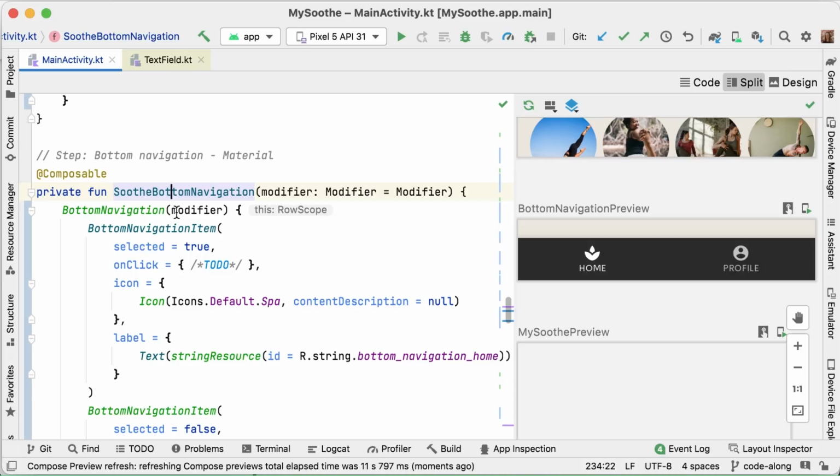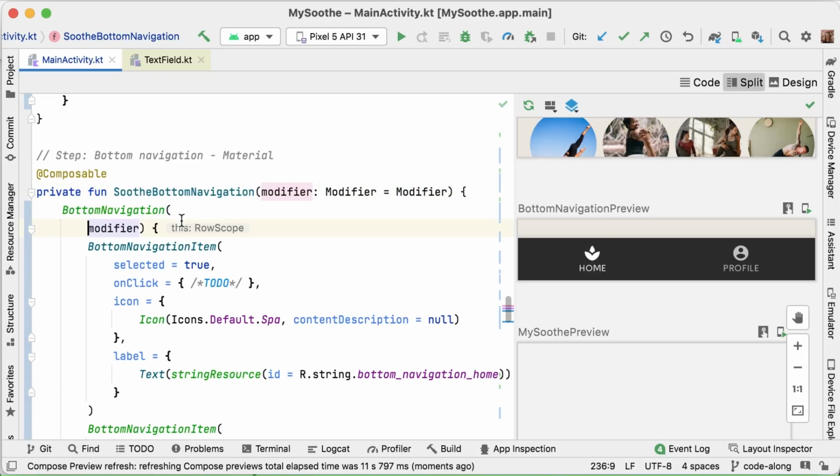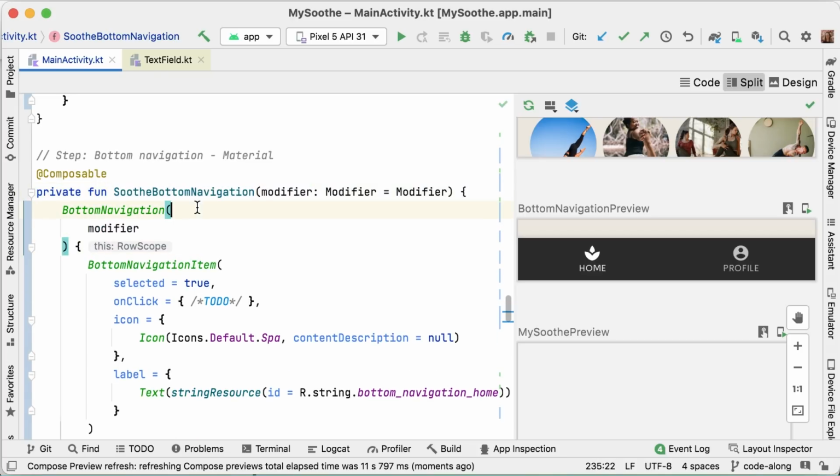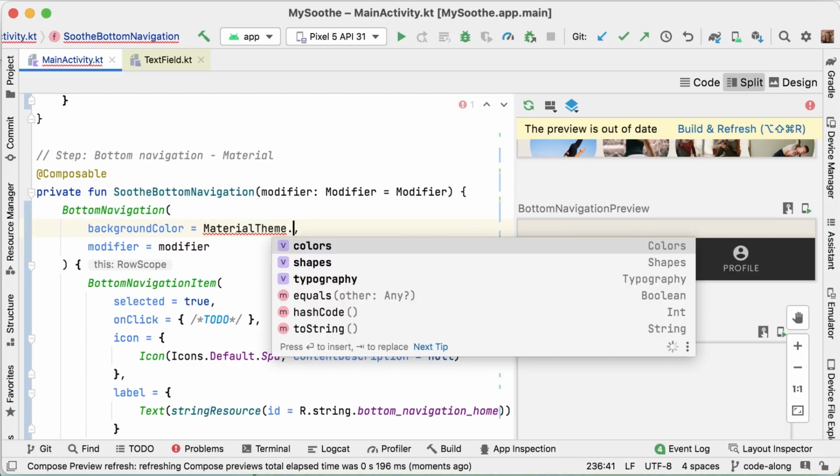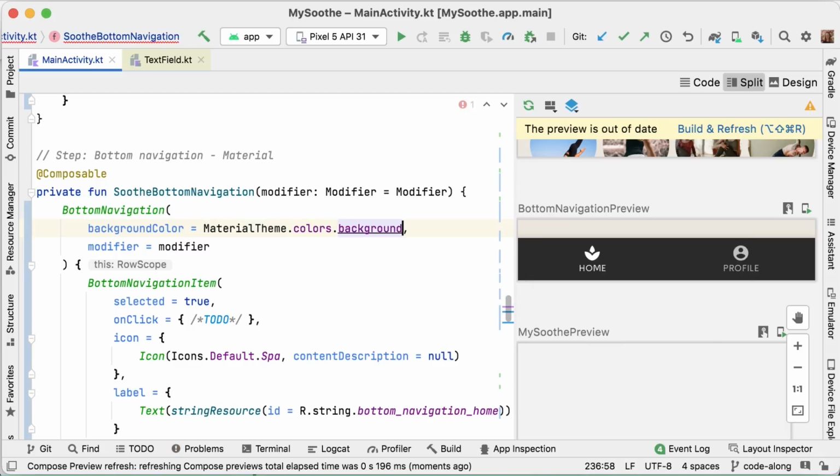There we go. Yeah, so the bottom navigation does have the wrong color, but we can actually change this by specifying the background color of the parent bottom navigation composable and use the material theme colors background for it. This will actually make our composable match the designs. Okay, let's take a look. Exactly. So we're going to set the background color. In this case, the background color is actually a separate property. And if we set that, we can use the material theme background color to match it with the rest of our app.